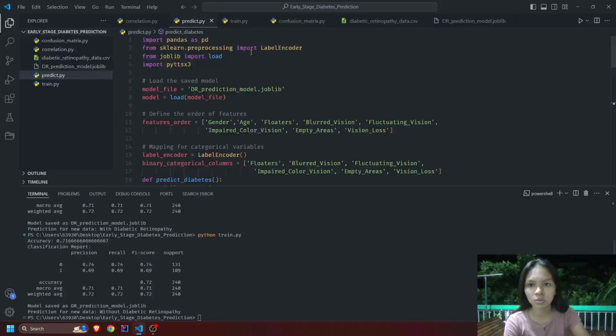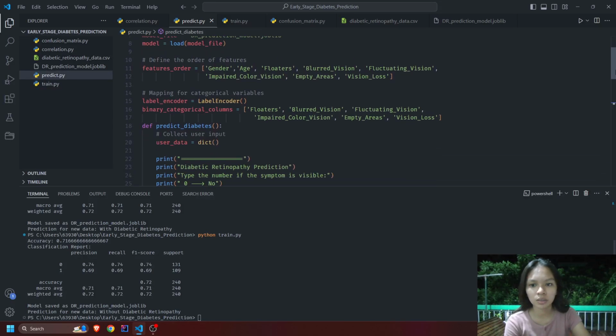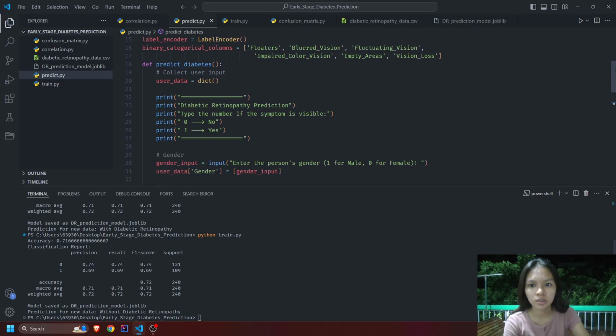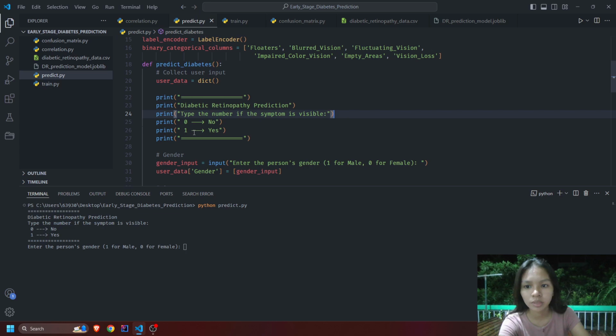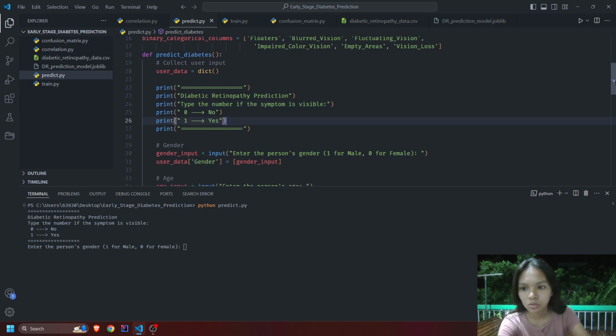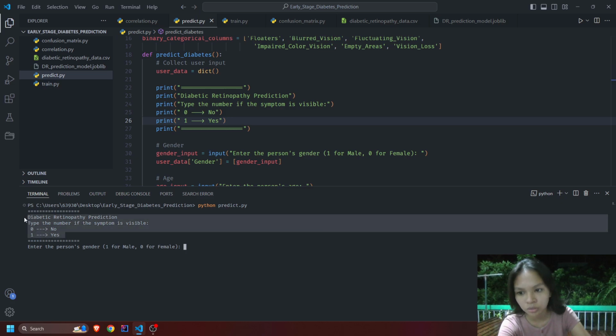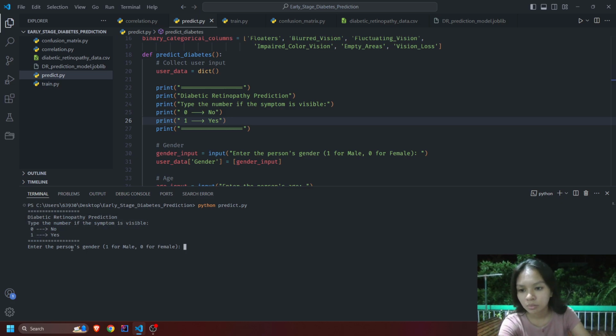So let's try to run the predict.py. So here, the program will ask to type the number if the symptom is visible for the diabetic retinopathy prediction. So let's try to run it. 0 for no and 1 for yes. So here's the instruction. Enter the person's gender,